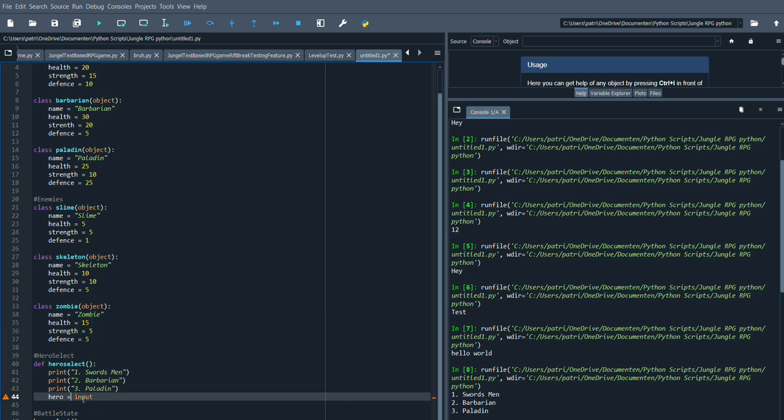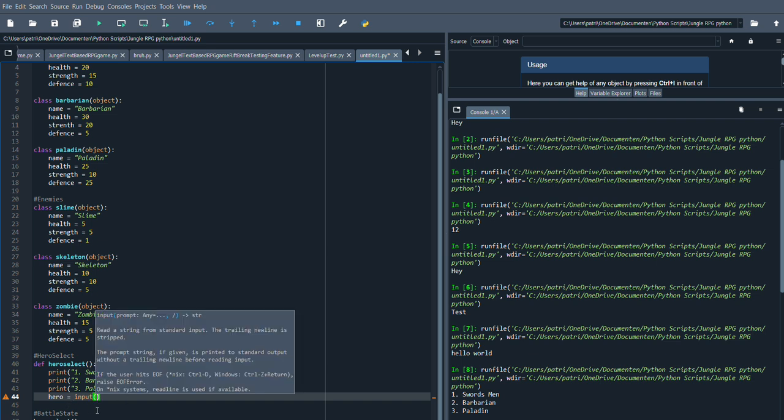Yes. And remember that you only put one equal sign here, because if you do two, then it's gonna get confused, because it's gonna say invalid name hero because we didn't give a hero. So now it's gonna look at what hero equals to, but we never gave any value to hero. That's why we're gonna give a value to hero by only setting one equal sign. So input, then whatever we put in here,